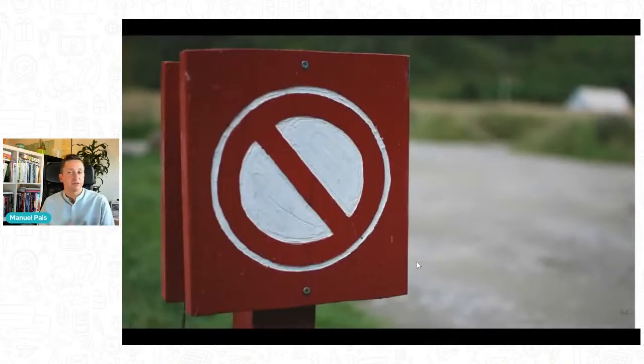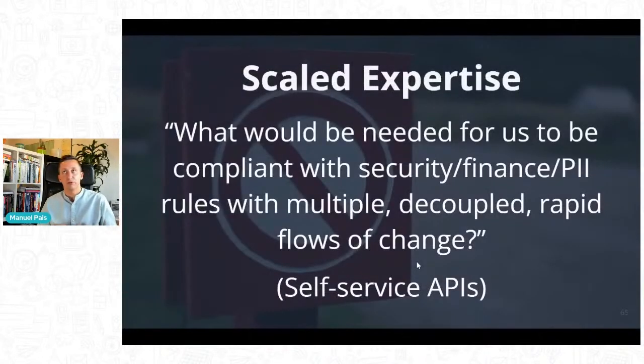It's quite difficult. It's, again, another emerging approach, and it's going to take time for many organizations to figure this out, and we're going to need more examples. That's one of the areas we're focusing on, me and Matthew today. But really, when you want to scale the expertise, when you want to have more teams able to go fast because they know how to do compliance in particular, we need to think about how do we scale, right? What do we need to be compliant to keep the compliance while having multiple decoupled rapid flows of change and therefore teams aligned to those rapid flows of change.